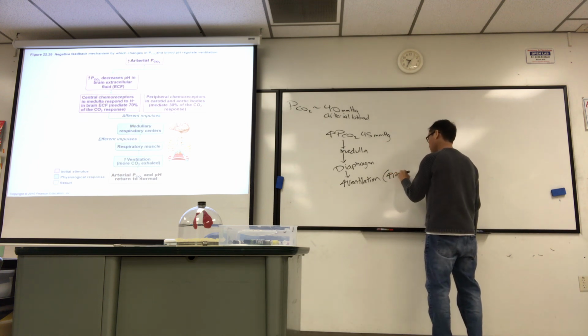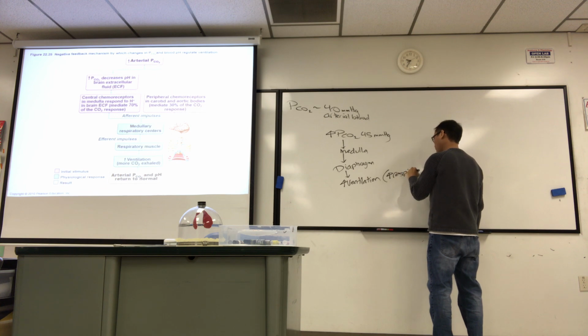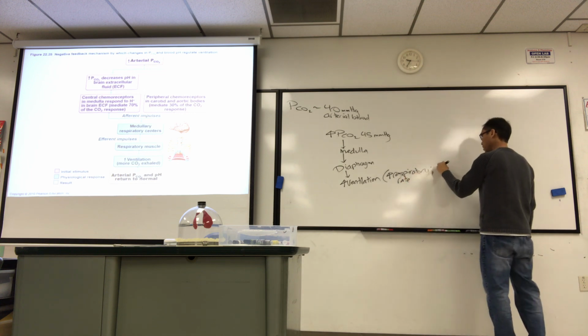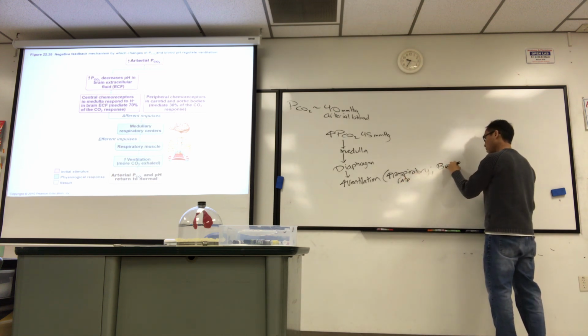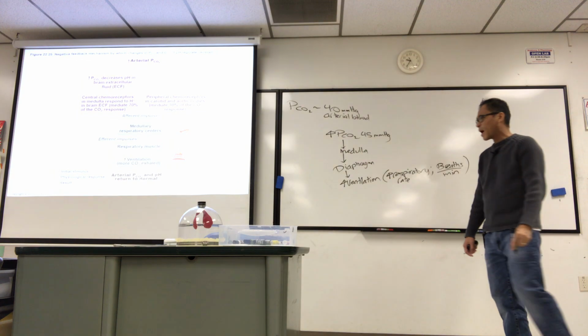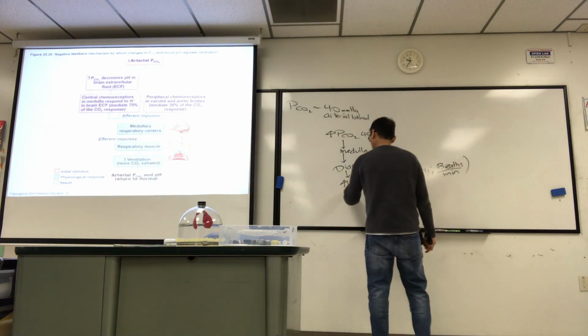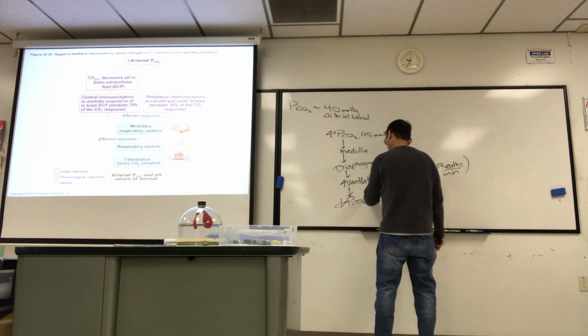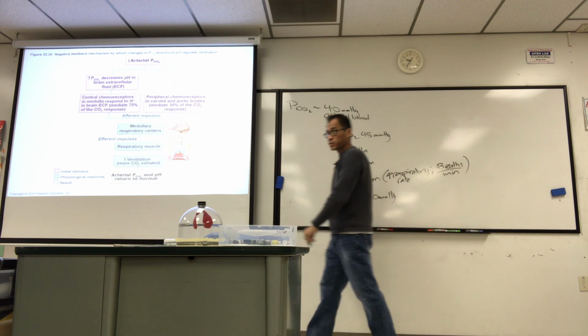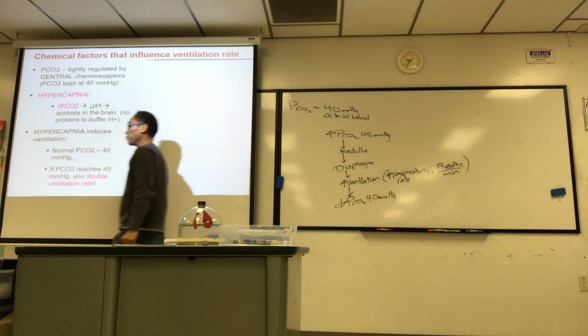Increase respiratory rate. Okay, that's usually measured in breaths per minute. All right, so then that would help re-regulate the PCO2 back down to around 40. So you don't have to change it much to trigger a response, because